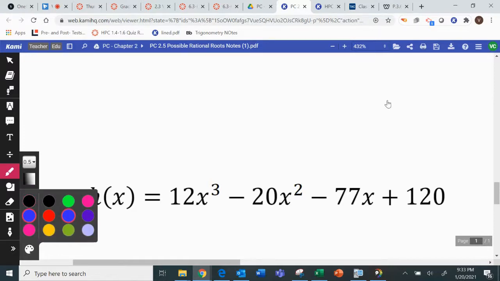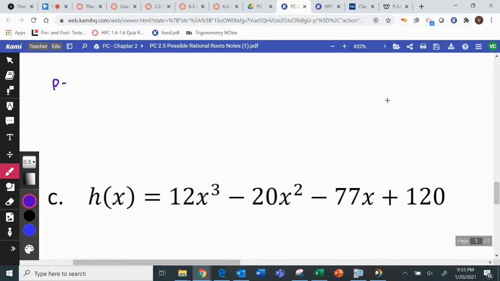So let's see, P over Q. My p-values involve 120, plus minus 1, plus minus 2, 3, 4. And while I'm doing this, I think I'm going to do 1 times 120 and have that 120 here, so I don't forget any. 2 times 60. 3 times 40, 4 times 30,